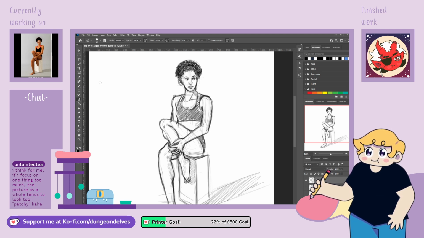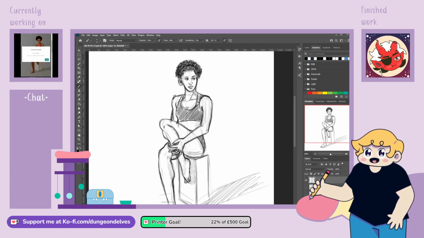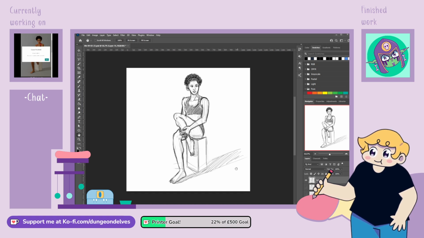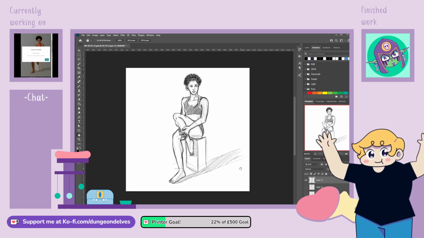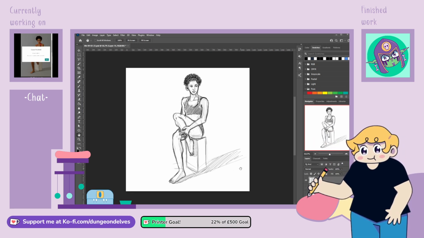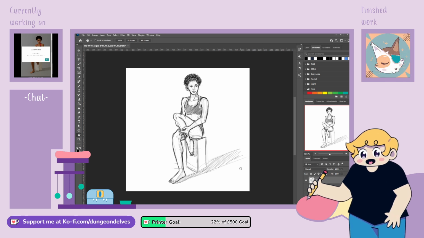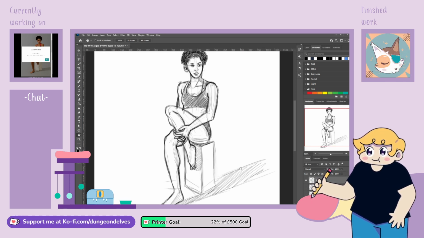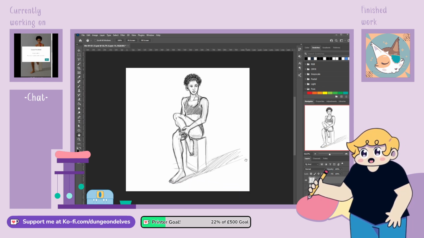Yeah, I feel like that was supposed to be straighter. We're done! We're done. Here we go. This is my finished long sketch. There we go. We'll stay at this zoom.